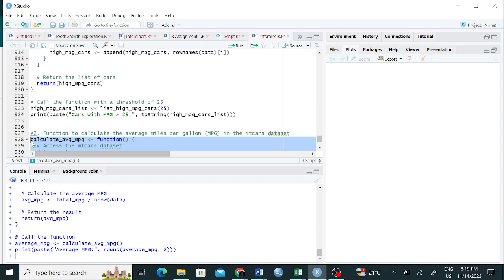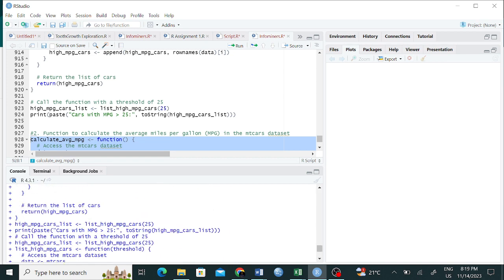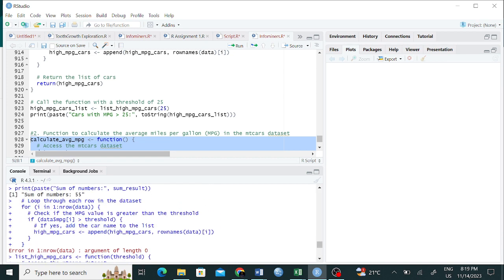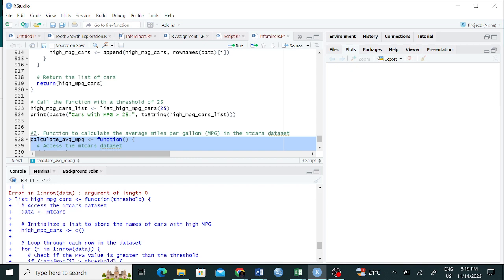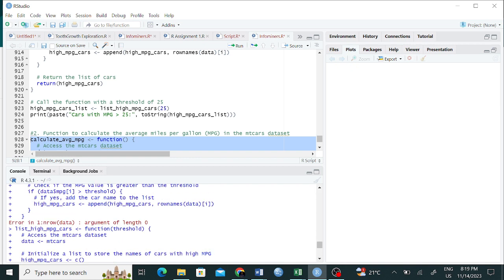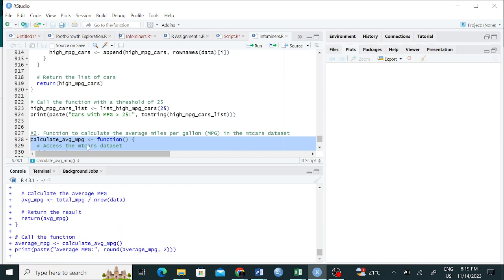When you're having plus signs here, it's either an issue with my code or an issue with the console that is running the code. I'll check on that.